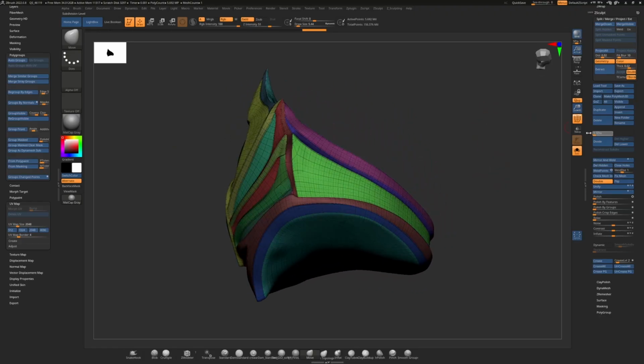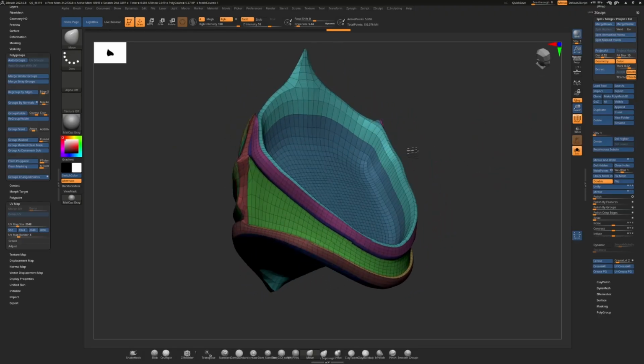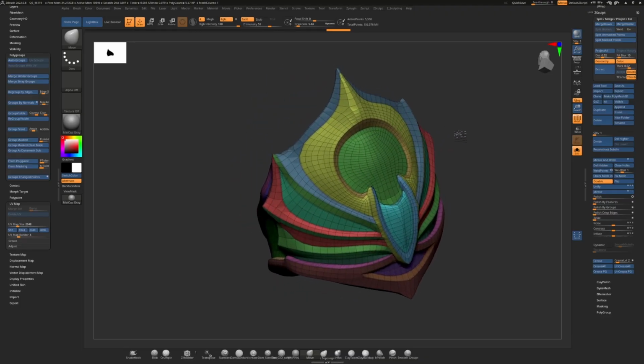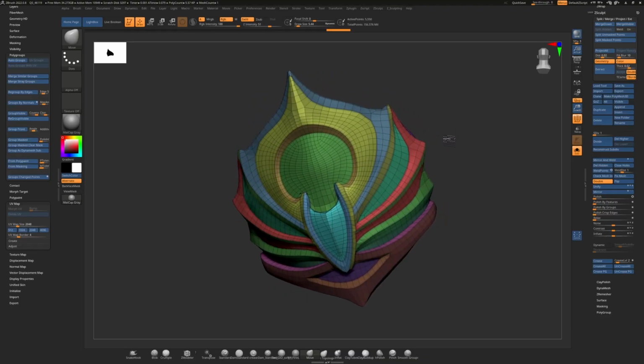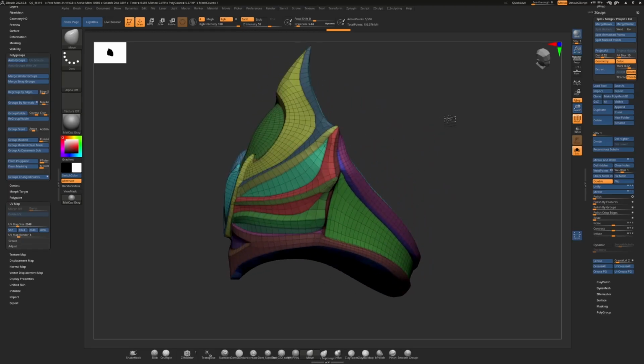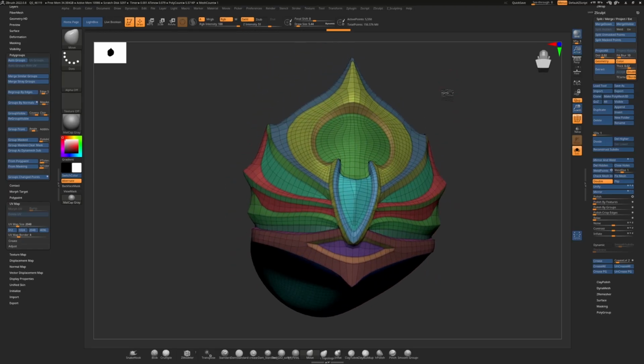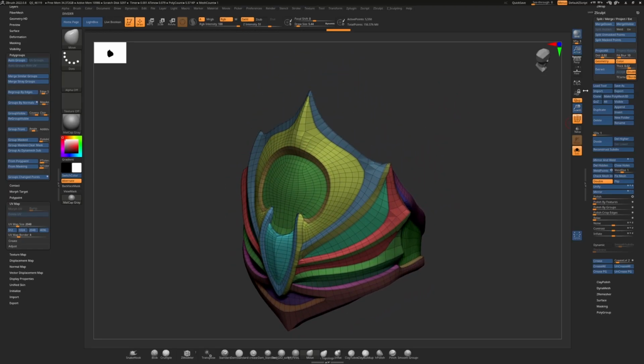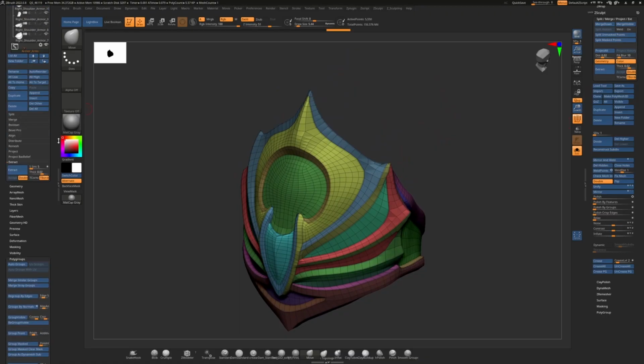I'm going to bring this down to the lowest subdivision level. Again, polygroups came out really good. I got to look back at this. This is exactly what you want to achieve when it comes to using polygroups to your benefit to create great hard surface details. Let's go back to UV Master,